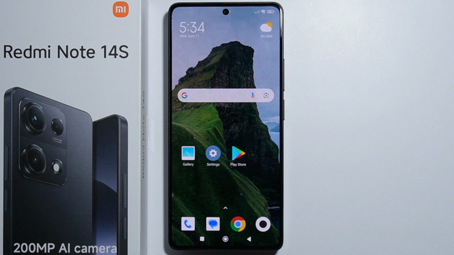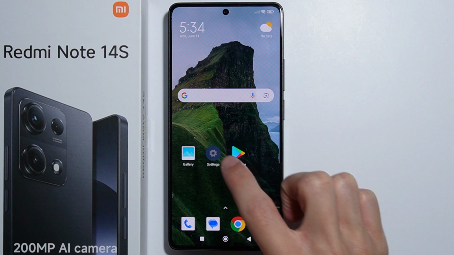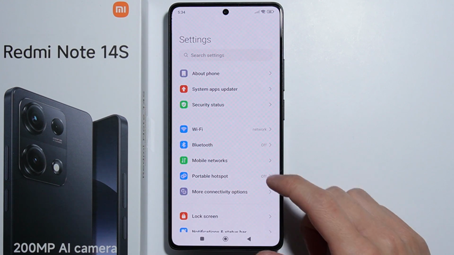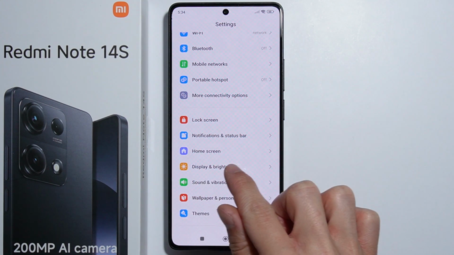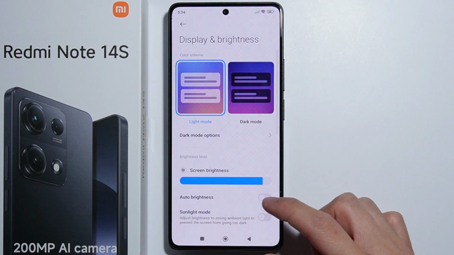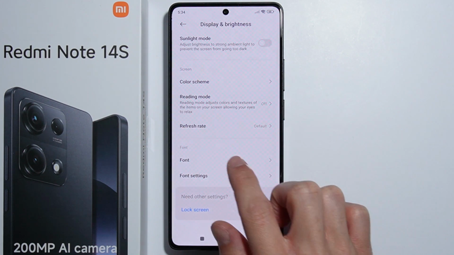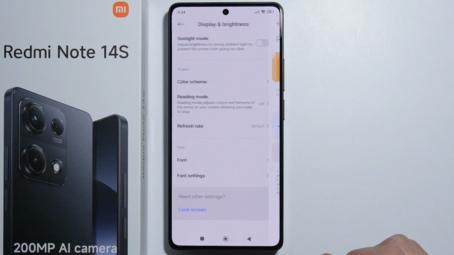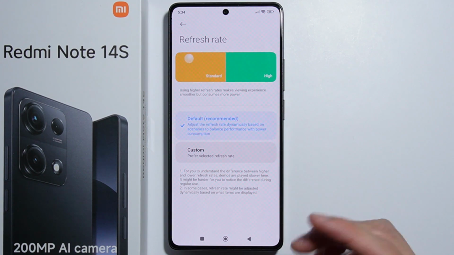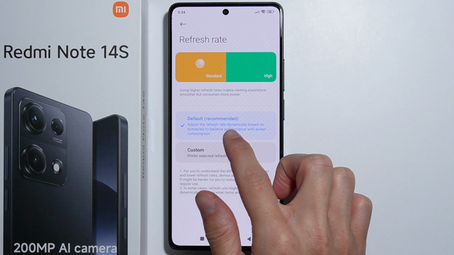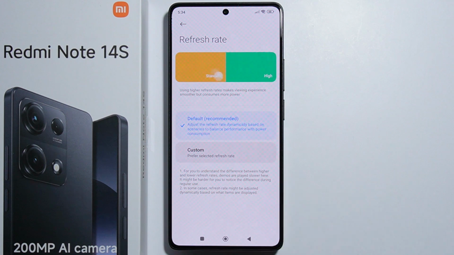To adjust screen refresh rate on the Redmi Note 14S, all you simply have to do is first go into the settings. From here you'll have to scroll down and go for Display and Brightness, and as you are here, scroll all the way down and you will find refresh rate settings. So let's go in there, and here by default this is the default mode selected, which will automatically adjust the